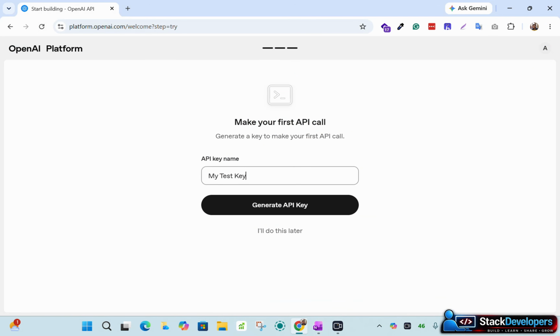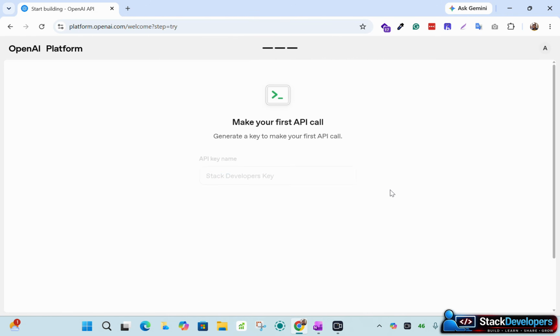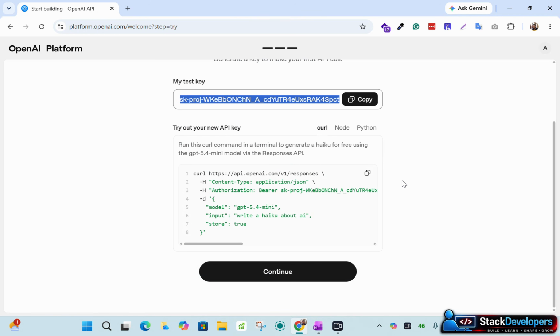Okay, so we can see rename this one. This is my test key, which comes as default. For the API key name, we can make it like the StackDevelopers key or e-commerce key, anything. I'm going to make it the StackDevelopers key and generate the API key. So I have got this API key that I can use in my e-commerce